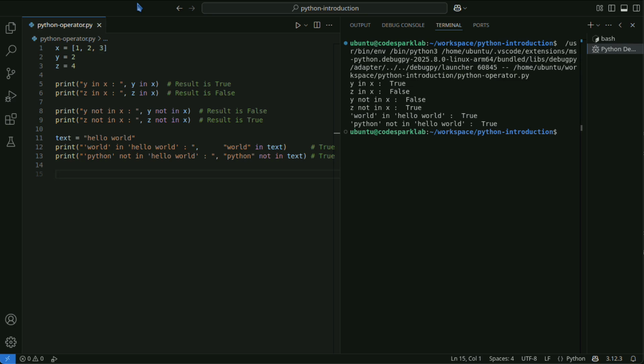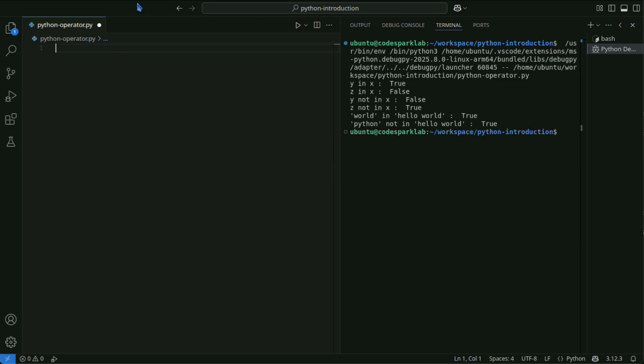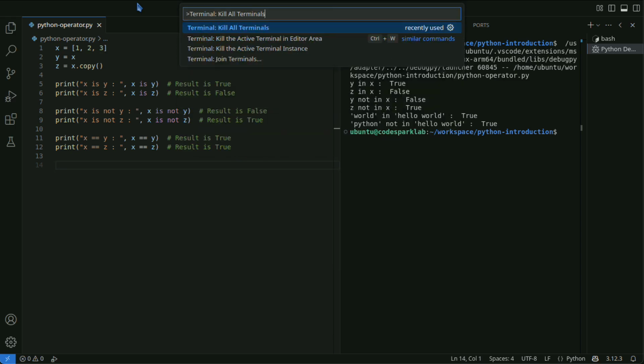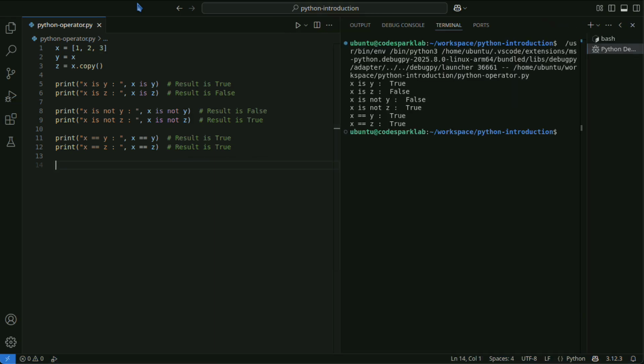Identity operators check the identity of objects. The is operator checks whether two objects are the same object, that is, refer to the same memory location.